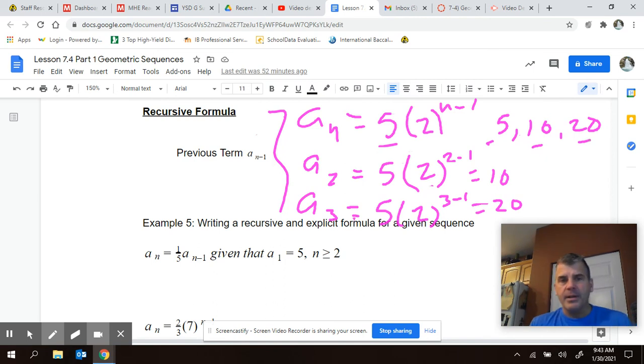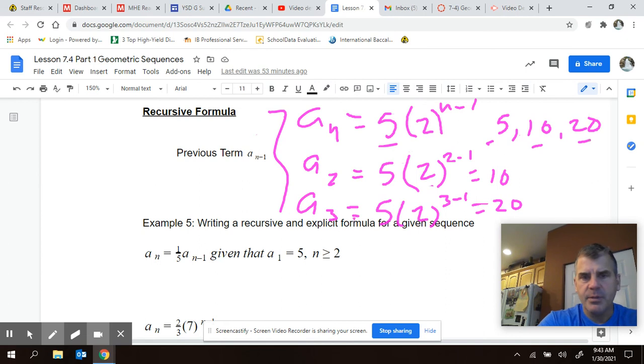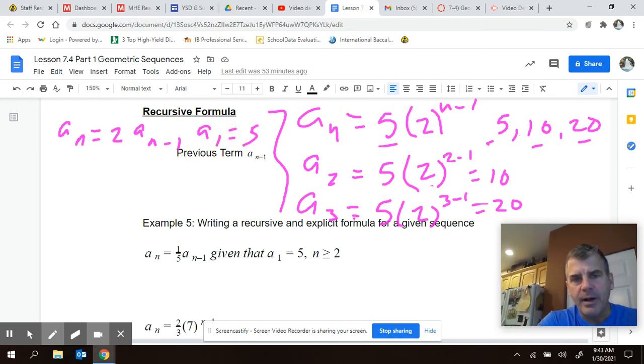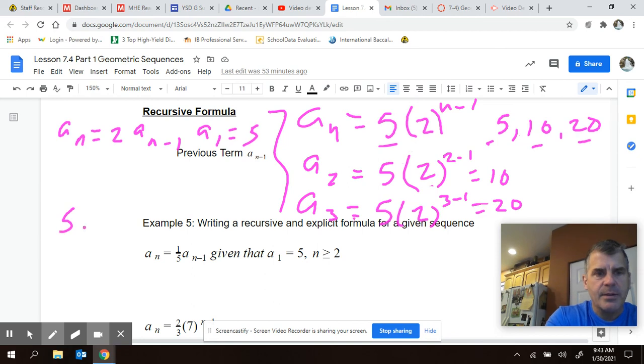Okay, well, how does that then translate to a recursive formula? If you're given a recursive formula, how do you generate a sequence? I'm going to put this one off to the side. If they tell us our recursive formula is a sub n is equal to 2 times a sub n minus 1, 2 times the previous term, given that the first term is 5, and of course, we're going to have all values for n greater than or equal to 2. So if we already know our first term is 5, they gave us that. So we'll just list our terms